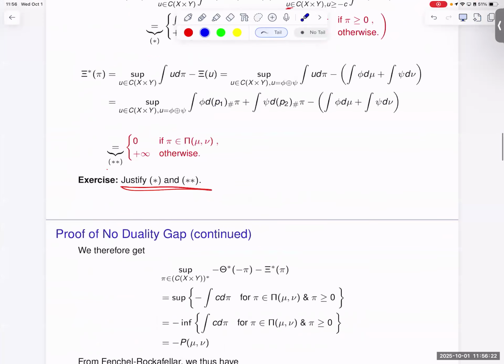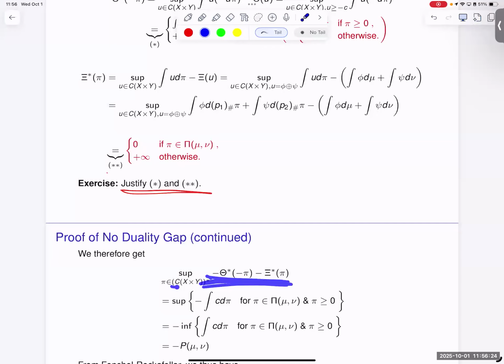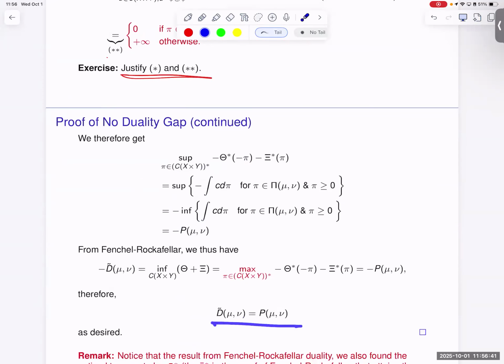Okay, so you turn this problem, the right-hand side of the Fenchel-Rockafellar duality, into this problem, which is exactly the same as the optimal transport problem with the opposite sign. Okay, so we just proved there is no duality gap. Here, once again,